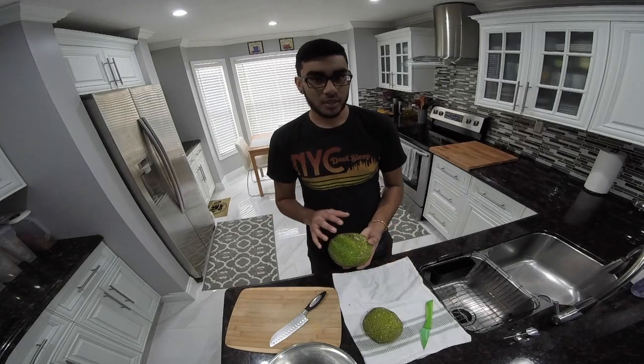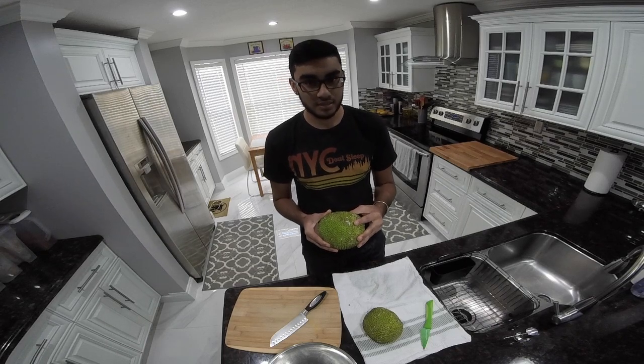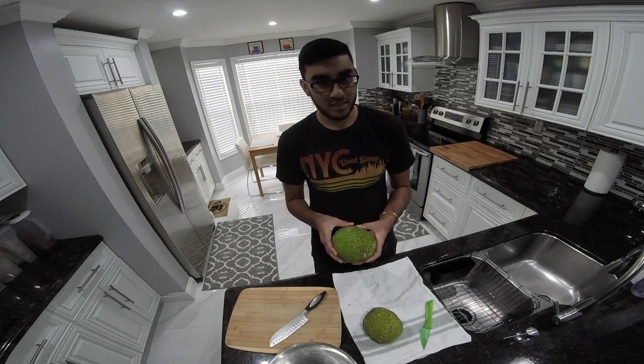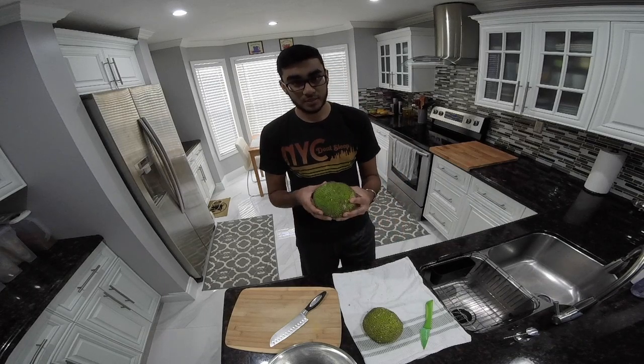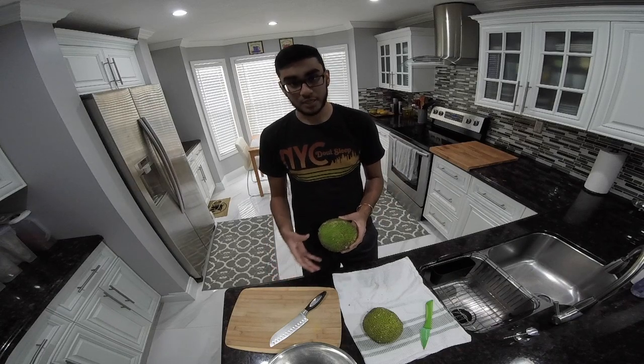So before I get into all of the ingredients to make my Katahar curry, what I want to do is show you guys how to clean this. Now, many people find the cleaning part of this very daunting. That's why they usually buy the frozen version that's already cleaned for you. But today I bought the fresh one, and I was lucky enough to get some really good ones while I was in New York. And I'm going to show you guys how to clean it just in case you can't